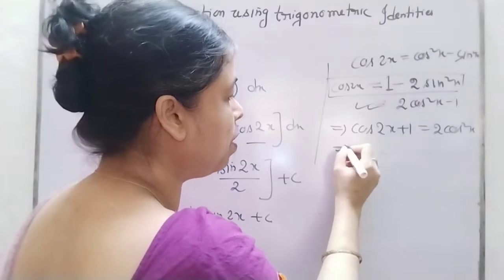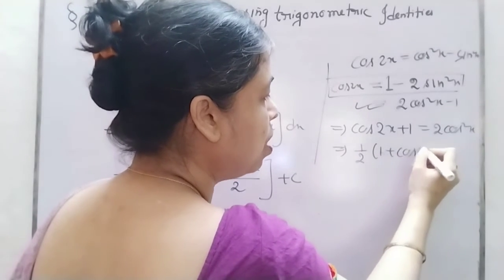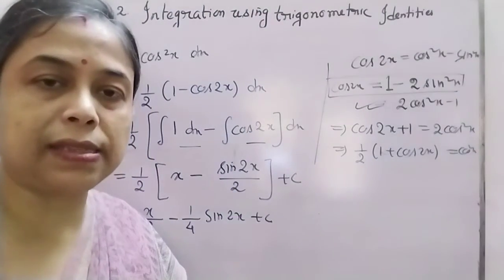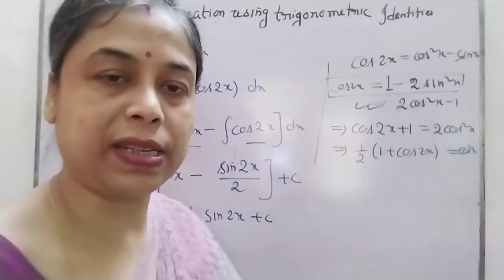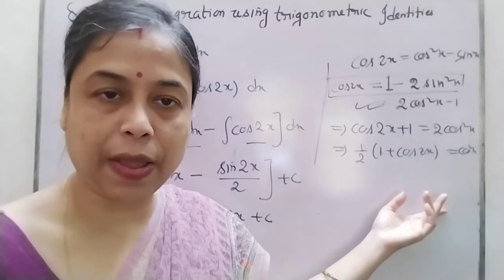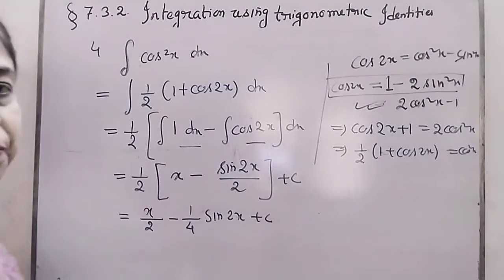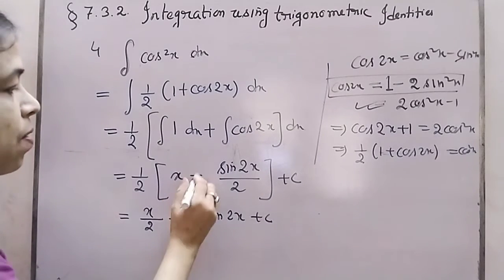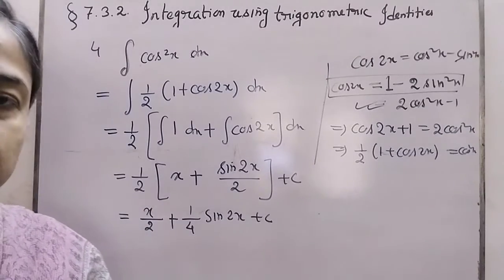Which will give you, if I write down cos square x, that becomes half of 1 plus cos twice x. So how will we change it? You have to change cos square x as half of 1 plus cos twice x, because cos twice x is integrable, is it not? So I'm going to use here 1 plus. And this will become similar to the previous one, right? Here only the plus sign will be there. So this is the solution of cos square x.